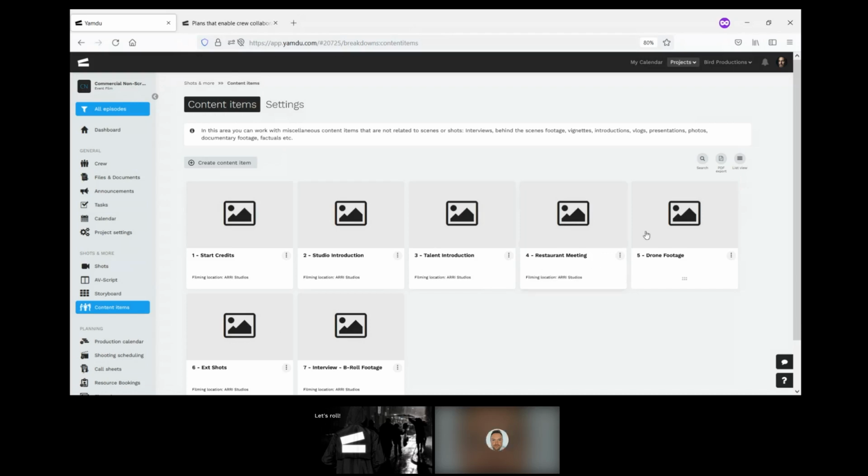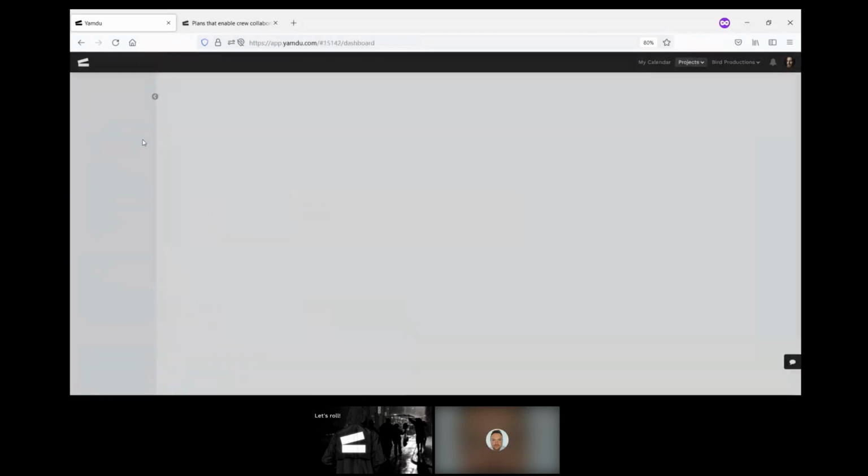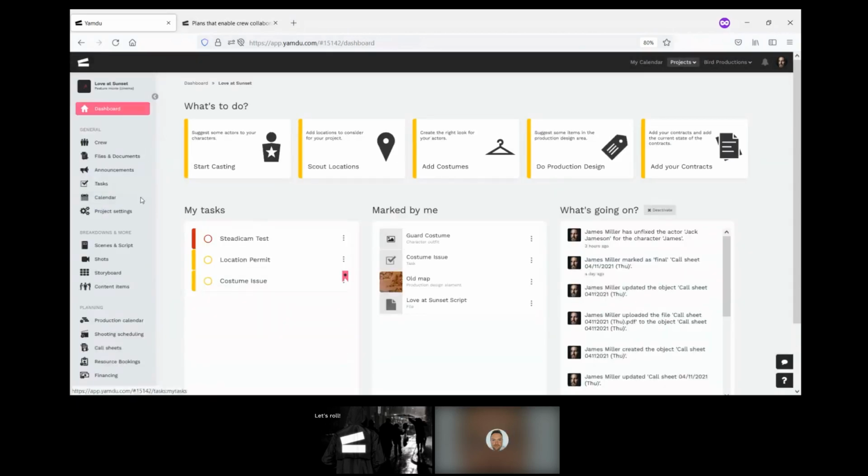So if you need to get some drone footage of a location, you've never been there, you just know what you need to get and you'll figure it out when you go there, you can create a content item just to make it clear that this is something you're going to work on when you actually arrive there. So it's something that's not fully formed, but you have a very good outline for, and it's a very useful tool that a lot of our users have used across a number of different types of projects. So whether you're working with shots or content items or scripted content, whatever content you use becomes the basis